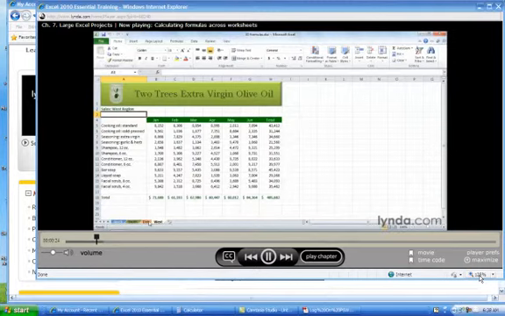The only thing that's different is the data. The columns are the same, the rows are the same, everything is the same. And this is kind of important